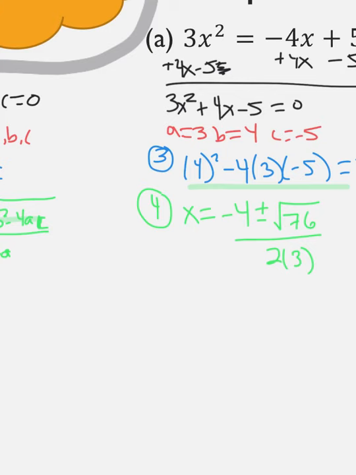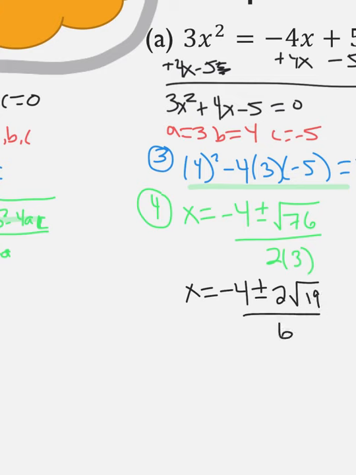Now, all we have left to do is to simplify, which it's probably been a while since we've simplified. We know that we have to have a reduced radical form, so we're going to break down 76. Remember, if it ends in 6, that means it's an even number, we can divide it by 2. 2 goes into 76 38 times. 38 is still an even number, so we can divide that by 2 again. 2 and 19. Sometimes I get confused, so I will cross out what I've broken down. Square root means I need to have pairs to come out of the radical. So it looks like we'll have x equals negative 4 plus or minus 2 square root of 19,